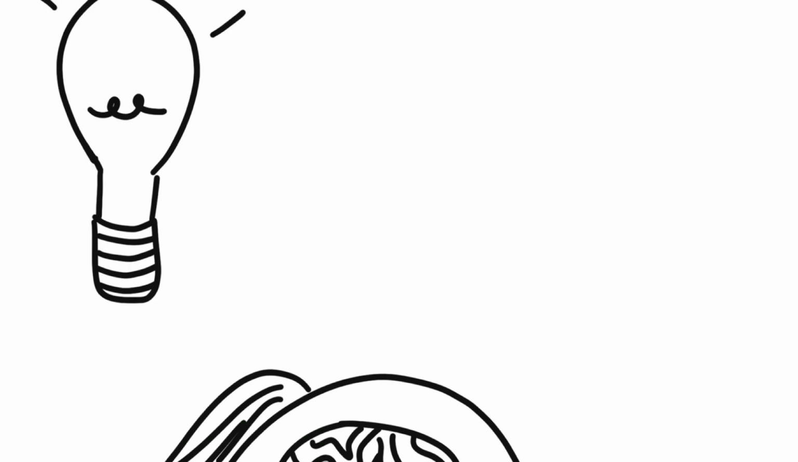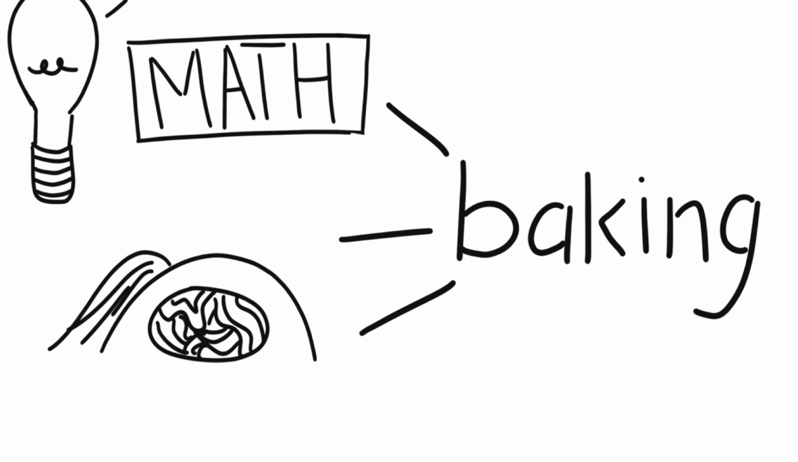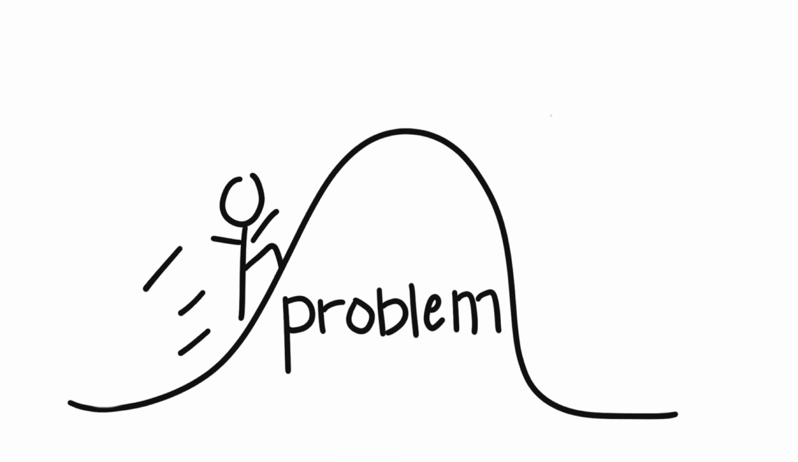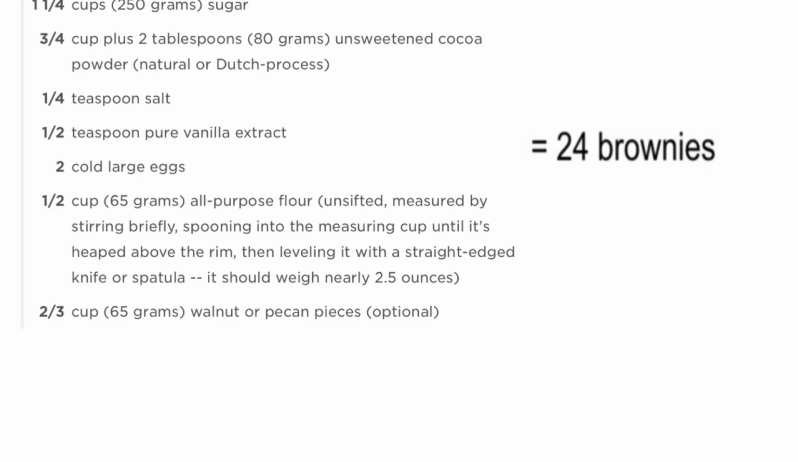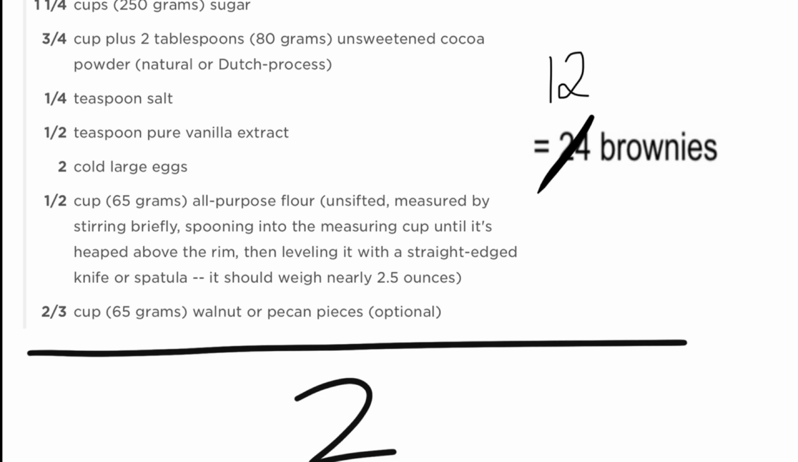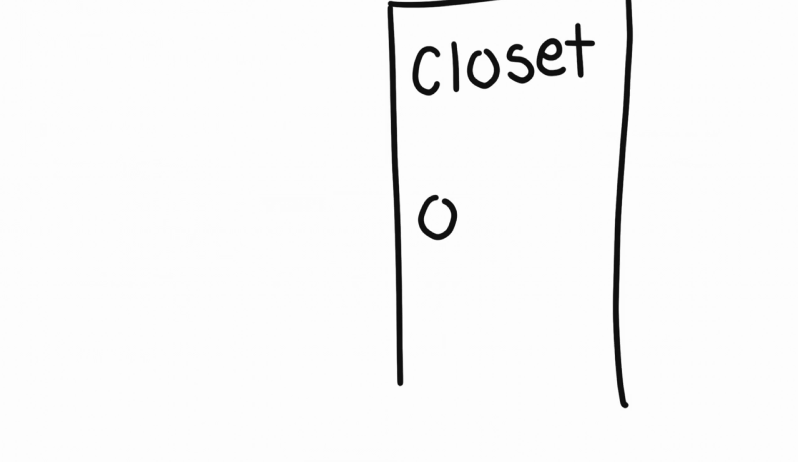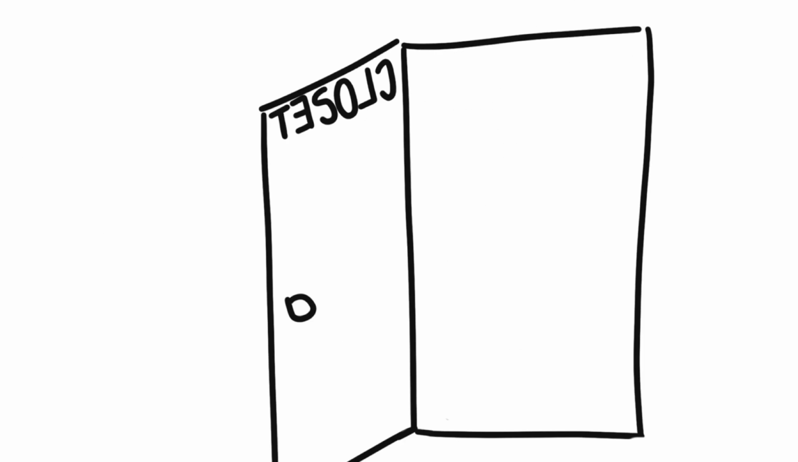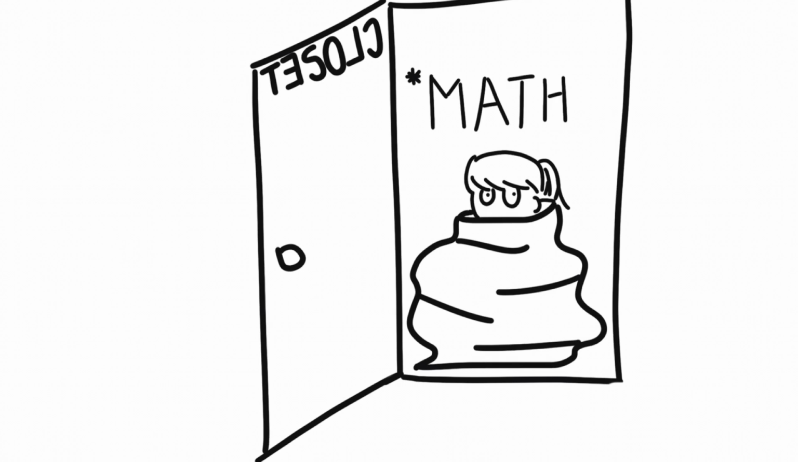You are secretly a math genius, so you recognized the math present in baking and realized that this problem was solvable. Your original brownie recipe made 24 brownies, but there were only 10 guests arriving, so you decided to halve the recipe. Because you are a closet math genius, you understood that the very first step to solving this problem